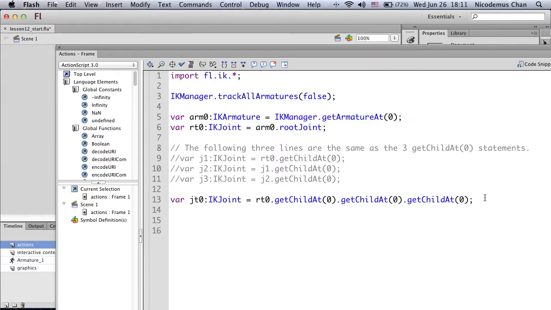Now the IK mover class is used to animate joints in an IK armature. So once a new instance of the IK mover class is created, you can move the joint to any other location. So let's just do this: var mover0 = new IKMover(jt0.position). So what this says is that it creates an IK mover instance with the name of the joint,